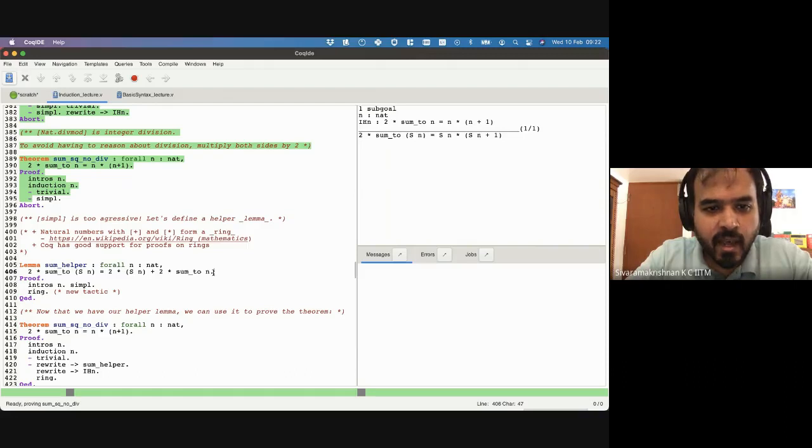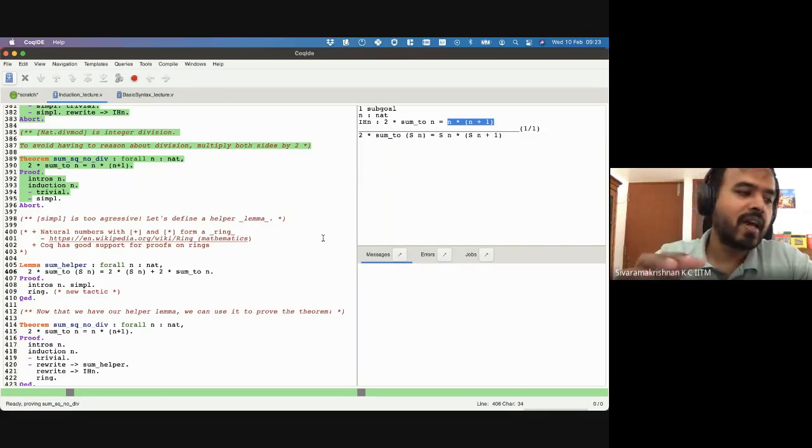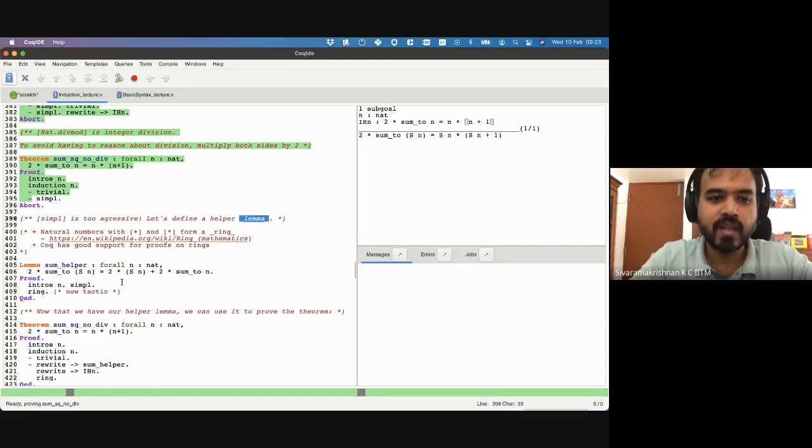If we get this term to reduce to this term, then observe that this term here is syntactically the same as the term we have on the left hand side of the induction hypothesis. So we can then substitute n times n plus 1, get rid of sum to essentially, so that we can then go ahead and prove it, right? So because this is a specialized step that we are adopting, the way we typically do this is to define a helper lemma, right? So observe that we have a thing called lemma here,